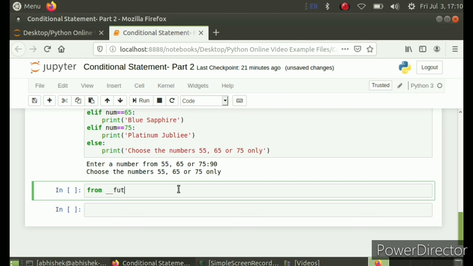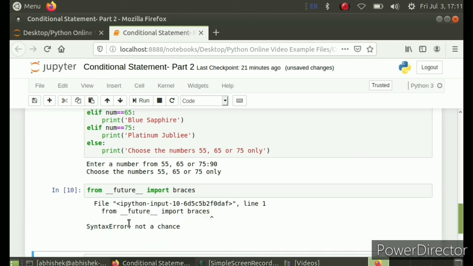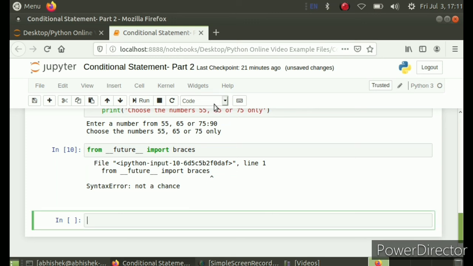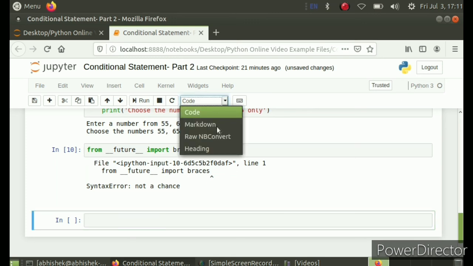So before concluding, let me show you one funny statement, because in this language you have to always take care of indentation, and Python is for fun. So someone asked whether in future you will bring this concept of brackets or not. So let me run this. From __future__ import braces. You got an error, but look at this error, not a chance. So even in future there is no chance that brackets would be involved in Python. So this is just a funny statement you can see.